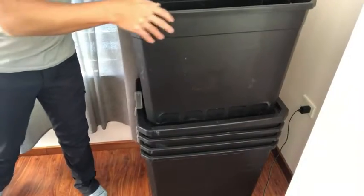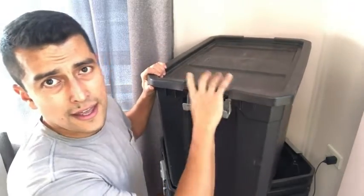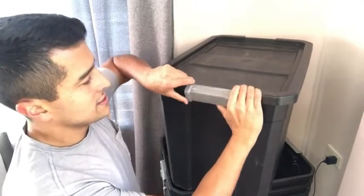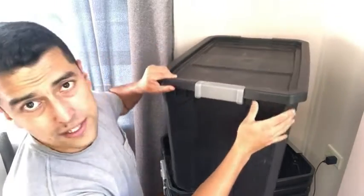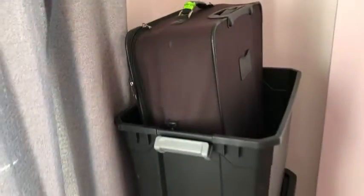I really like the latches that it has on the side. You just put the lid on and close the latch, and it's very secure. It won't go anywhere. This is a video of the storage containers next to a suitcase that we use for